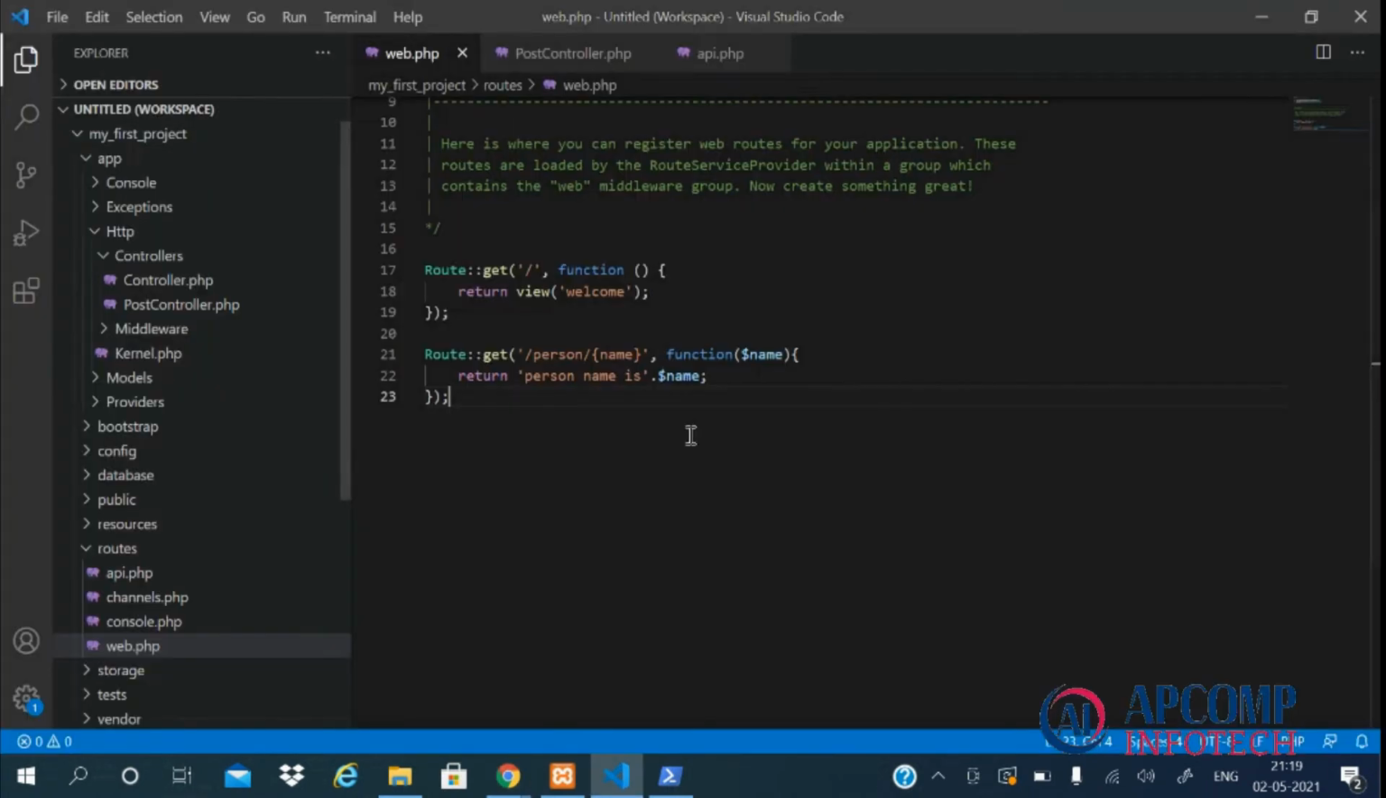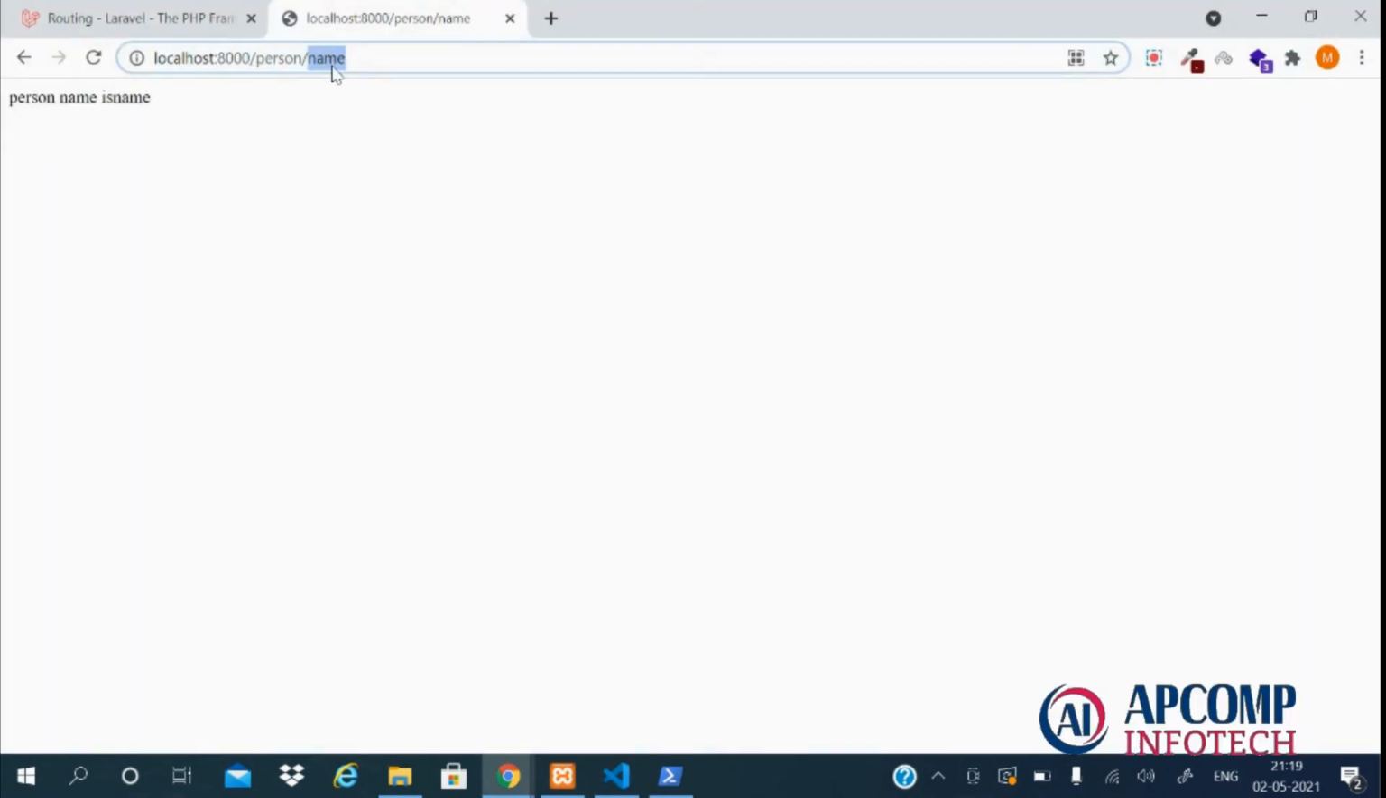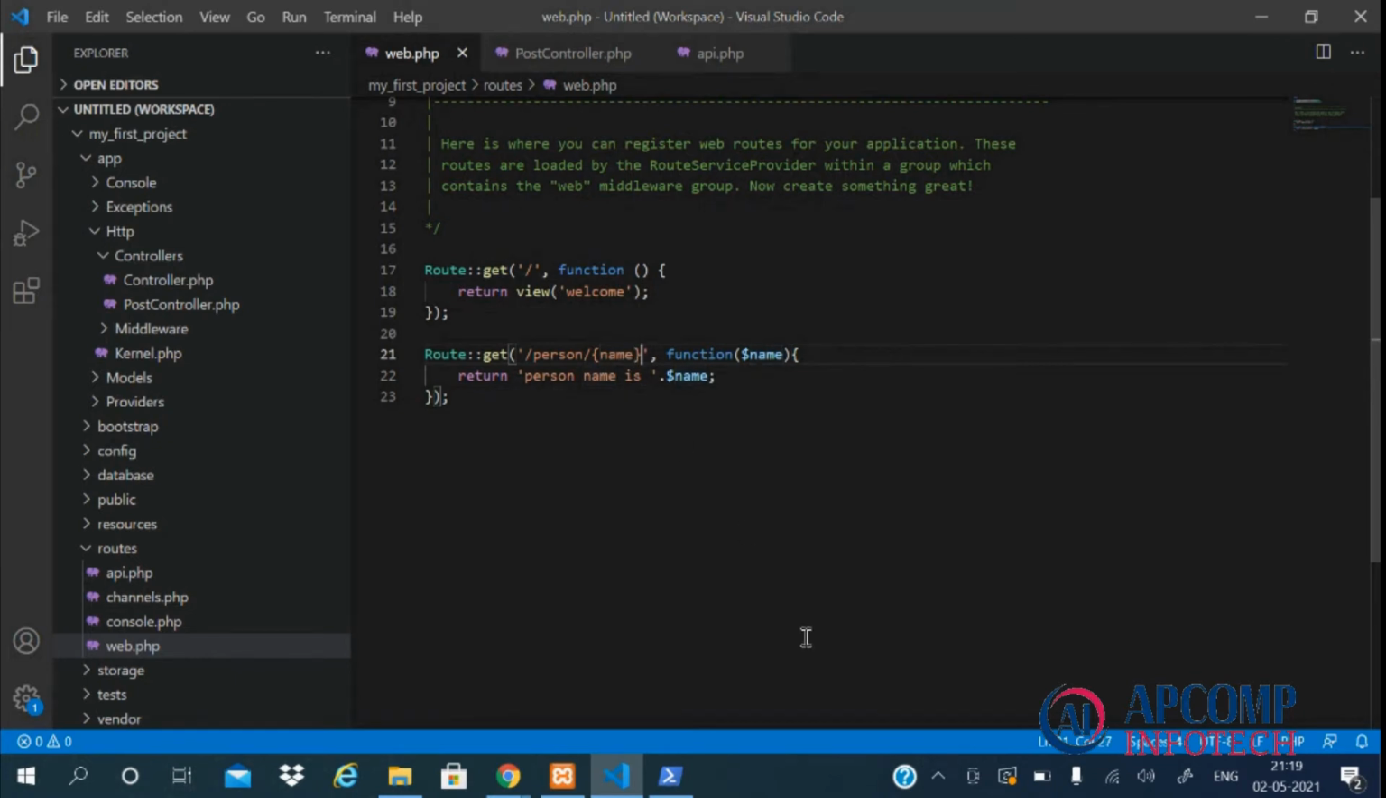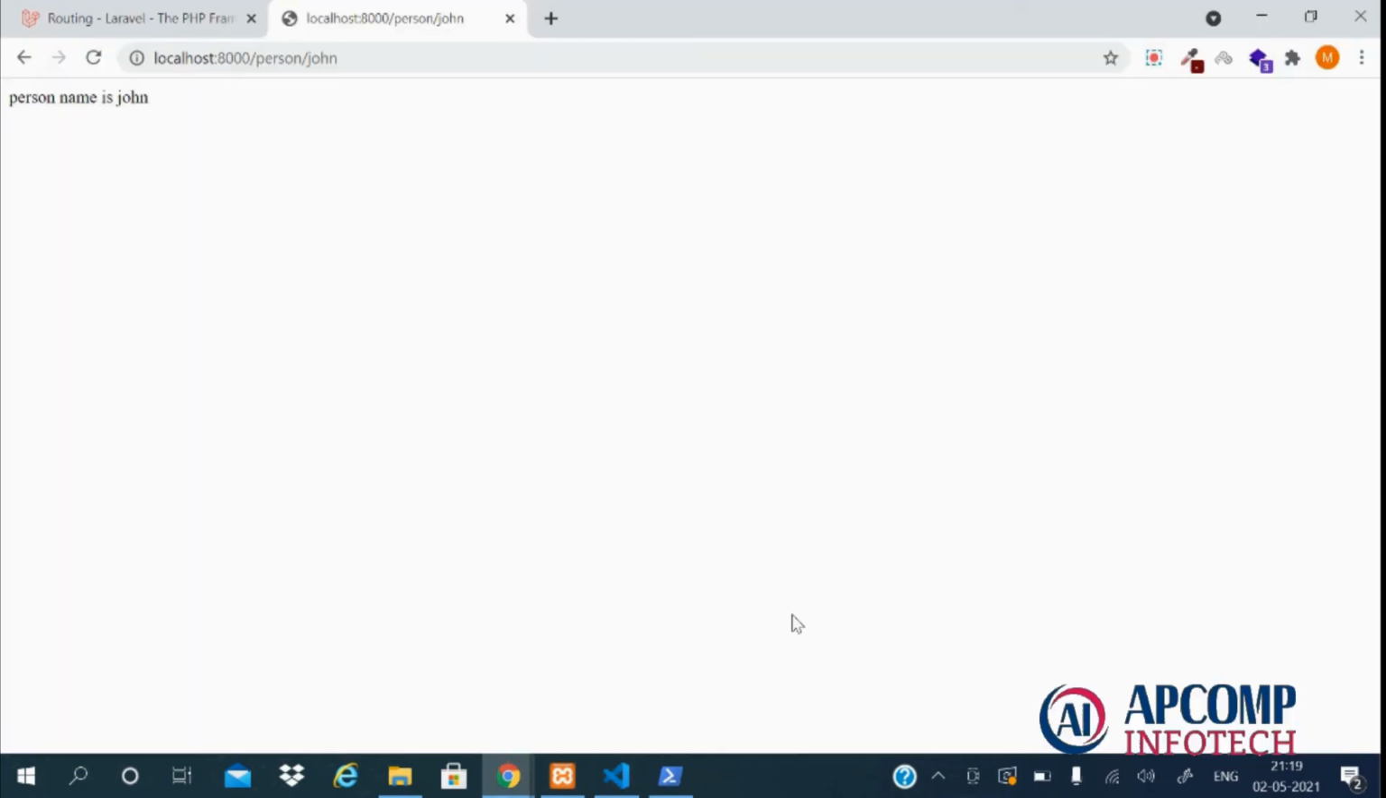Person name is name. Sorry, I have to. Let's call it John. So the person name is John. Now we can pass as many parameters as we want, like age, and those parameters will be available for us in our function in the same sequence like this. So we can use this parameter also, and his age is